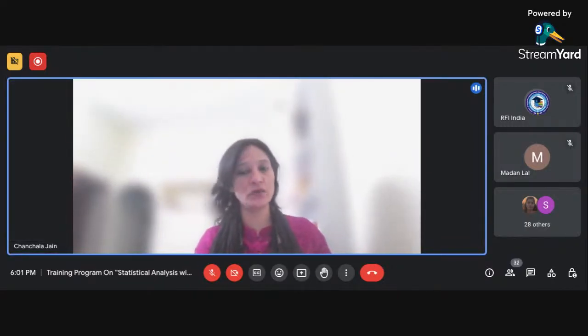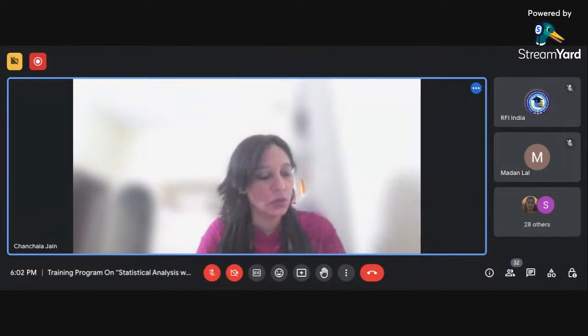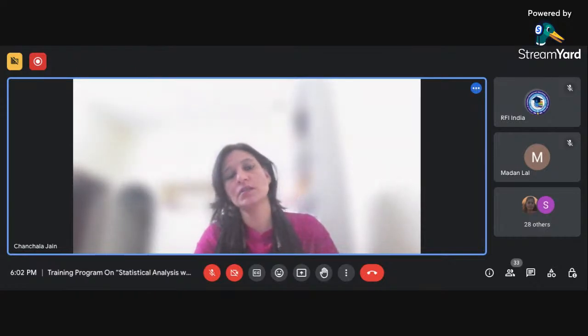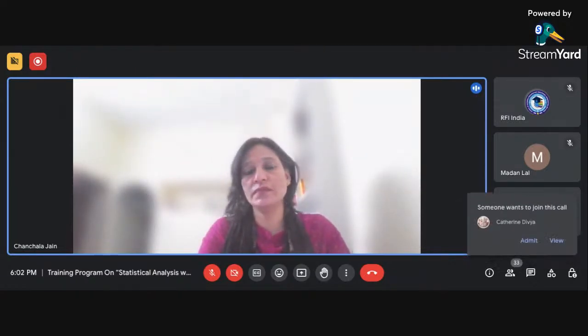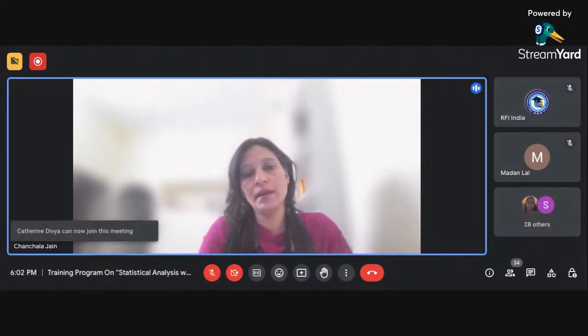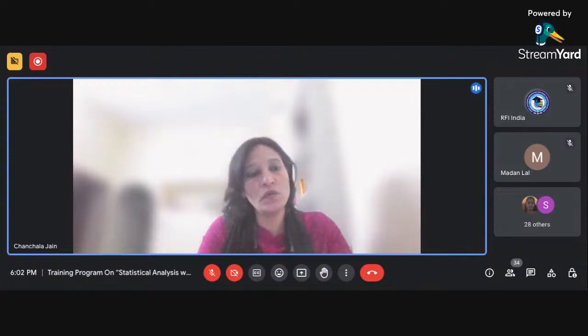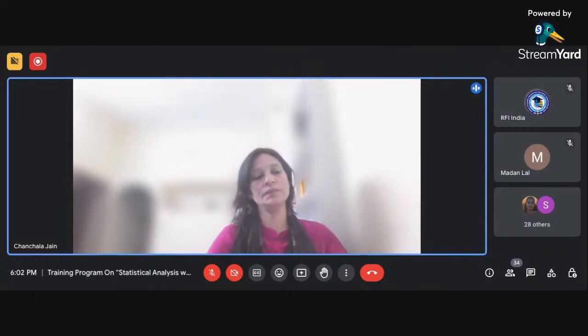We are at the fourth day of the workshop. Today, the topic is correlation and regression. In the previous days, we have seen descriptive statistics. Then I explained the chi-square test. Also, we have seen the t-test, one sample, independent samples and dependent samples. Then we have seen the ANOVA, that is one-way ANOVA and two-way ANOVA. And today I'm going to discuss